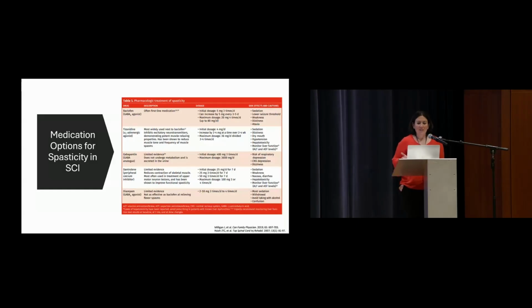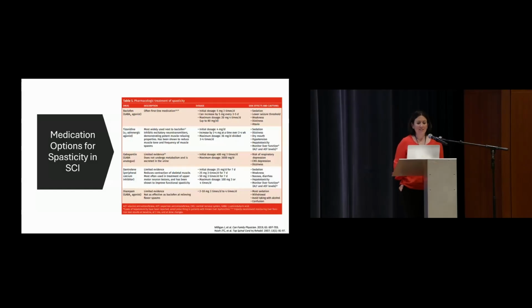The side effects of all these medications are sedation and dizziness, definitely something we have to pay attention to. Tizanidine, an alpha-2 agonist, has some trials supporting its use in a randomized fashion, but definitely has higher dropout rates due to side effects compared to some of these other agents. Clonidine actually has more literature supporting its use in spinal cord injury for spasticity, but we don't often use it because the main side effects of clonidine, hypotension and bradycardia, are not really favorable, especially in our patients with higher cord injuries. Gabapentin, limited evidence showing benefit.